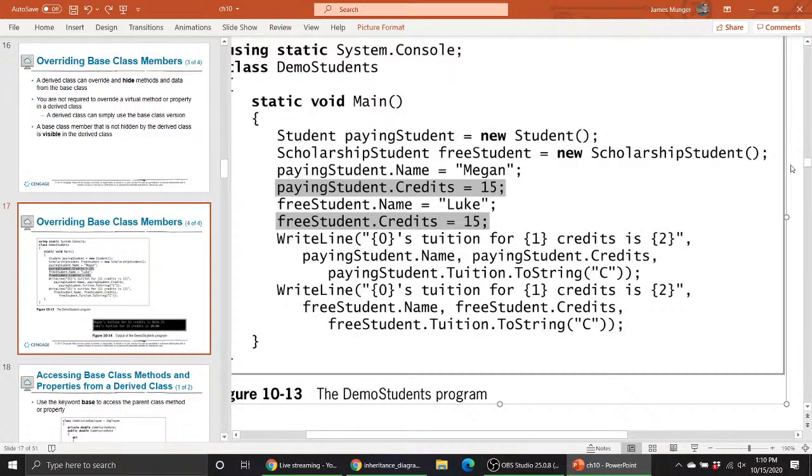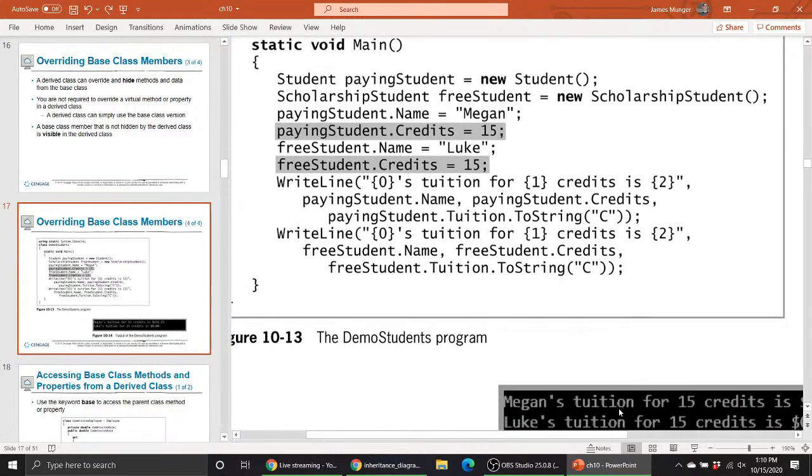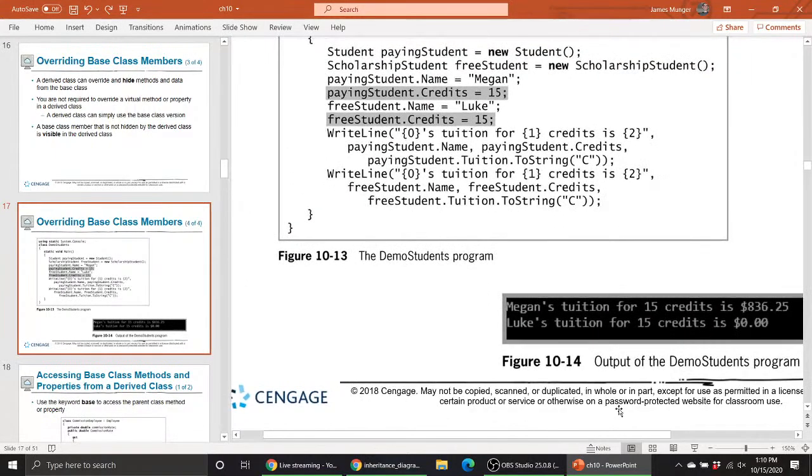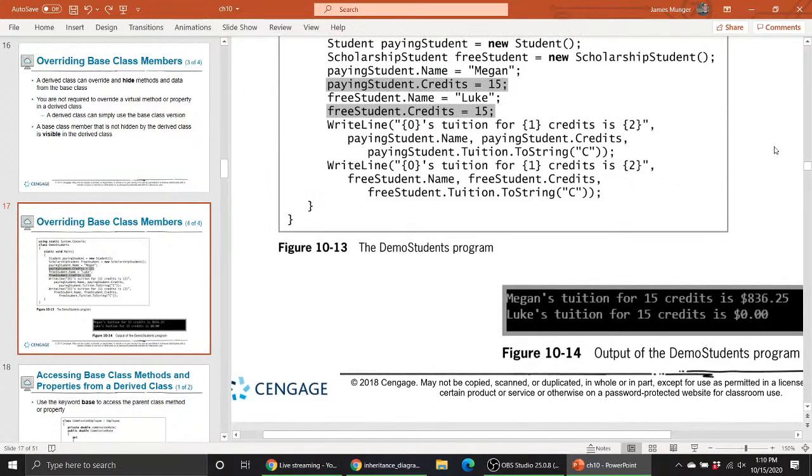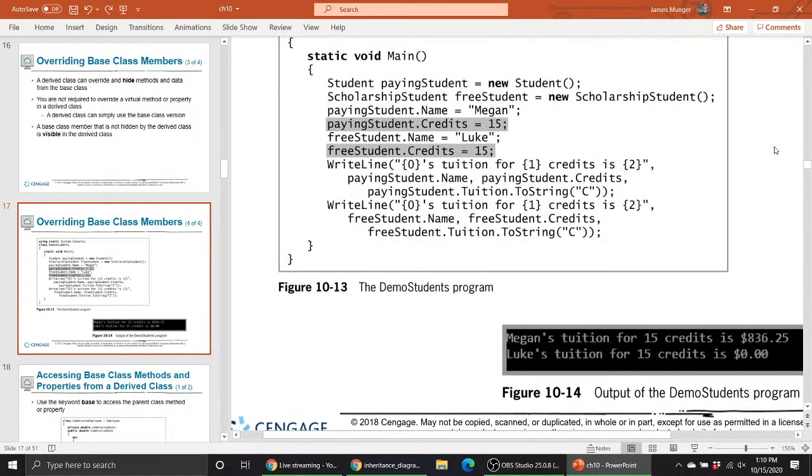So I wonder if they're missing a slide in here. I wouldn't put it past them. Okay, so I guess, again, we can just assume. We'll see a better example later. We can assume the scholarship student class has overridden the student classes